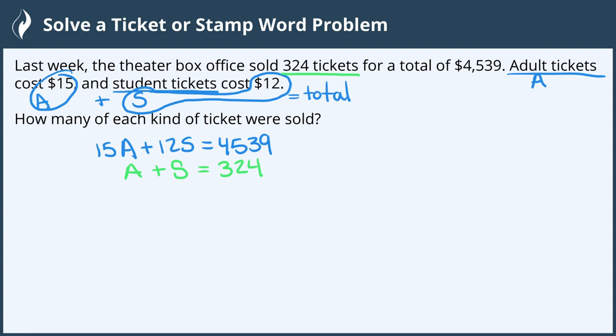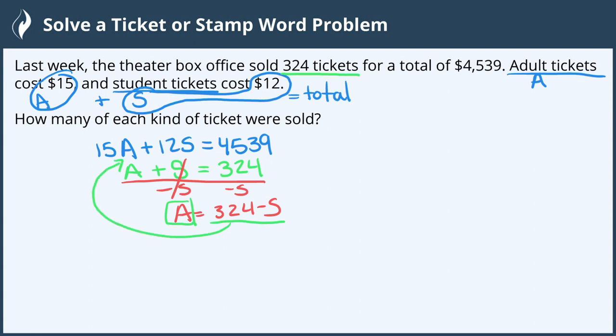However, none of them are solved for a single variable, making it easy to substitute in to the other equation. So I'm going to take the second equation and solve for just one of the variables. I can easily do that by subtracting S from both sides, and we get A equals 324 minus S. Now that it's solved for just one variable, I can substitute this in for every time I see the A in the first equation. So we get 15 times, substitute all of the 324 minus S in for the A,